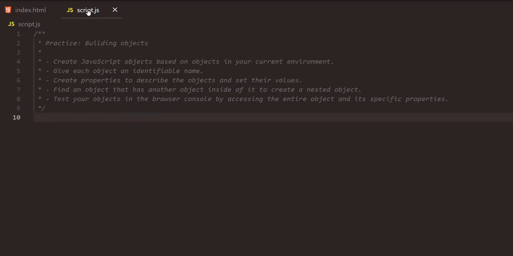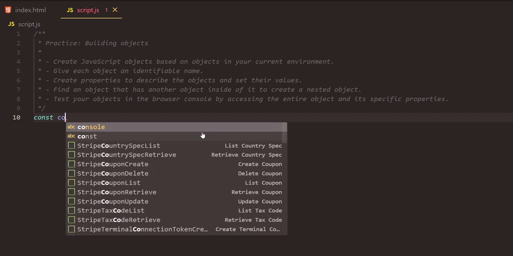So getting into our practice, in this video we're going to focus on objects. We are going to create JavaScript objects based on objects in our current environment, and we have a list of tasks that we've got to do with that. To initialize a JavaScript object, we are going to set it as a constant, and we're going to equal it, and we're going to give it a name. In my case, it would be compliments